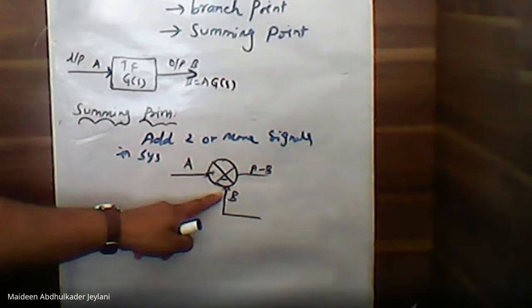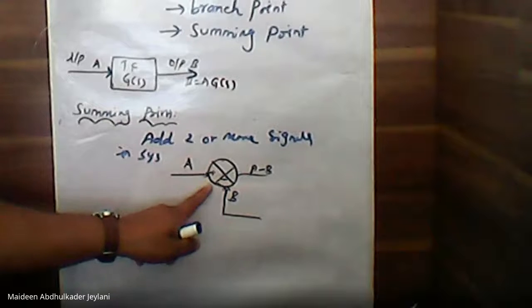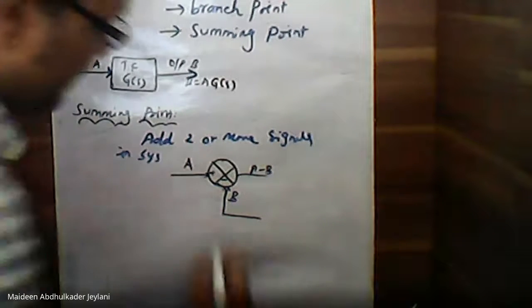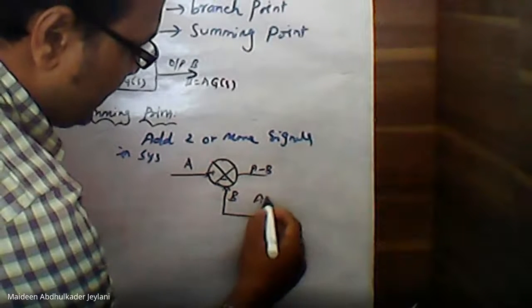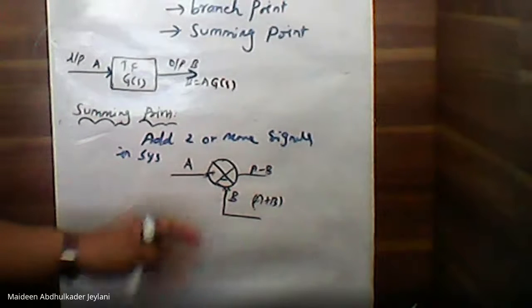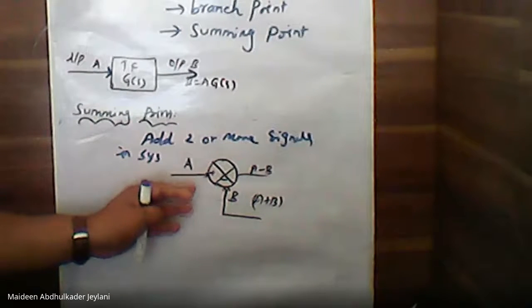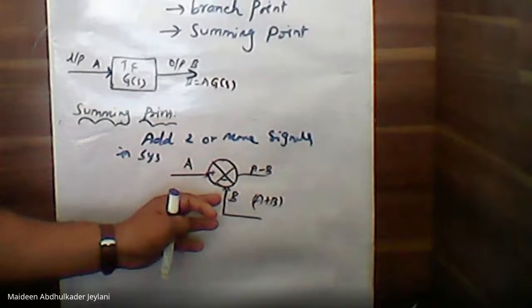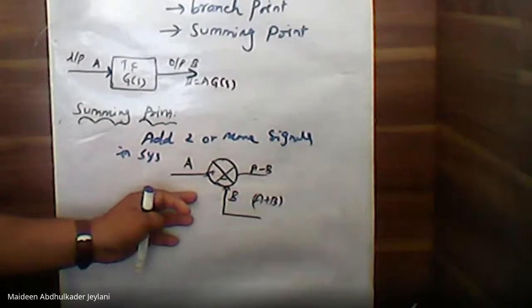So it is a negative feedback system. If both inputs are positive, the actual input is positive and the feedback or another input is positive, we will get an output here as A plus B. The output from the summing point will vary according to the inputs given to the summing point or comparator. Clear? And the plus or minus sign at each arrowhead indicates whether the signal is to be added or subtracted.